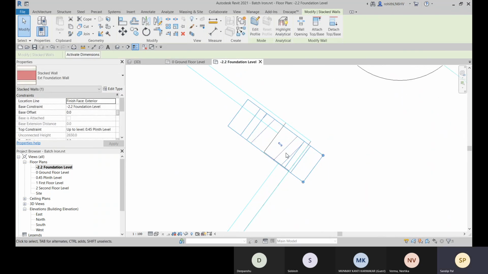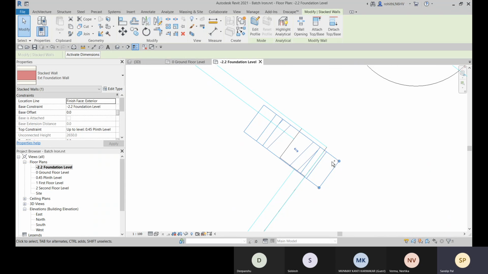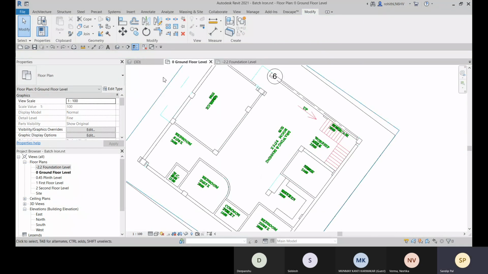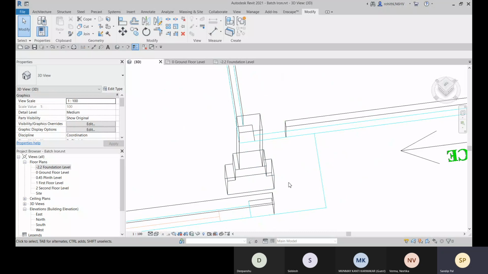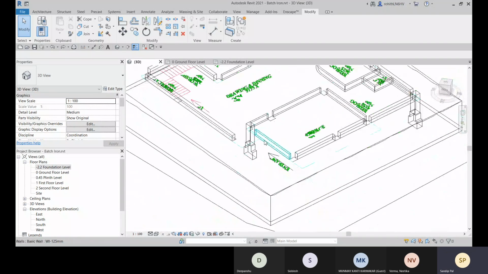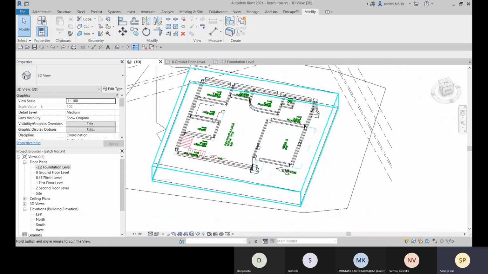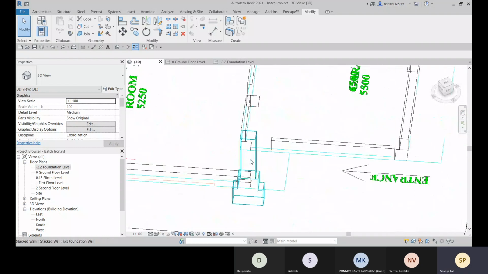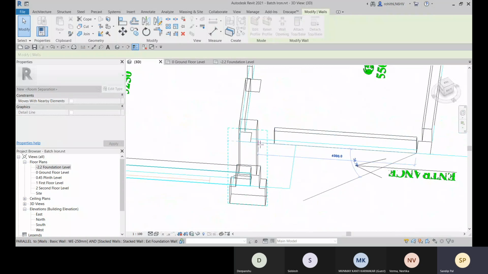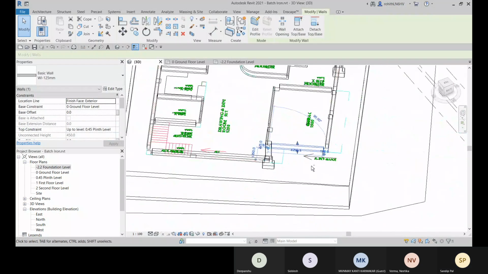Like this, you can short it. So this will be really difficult, so right now I'm providing for these columns so that we can really understand how it will look like. So that I'm going to create with this stacked wall, so let me just place it over there.